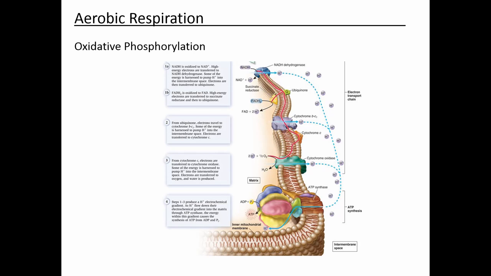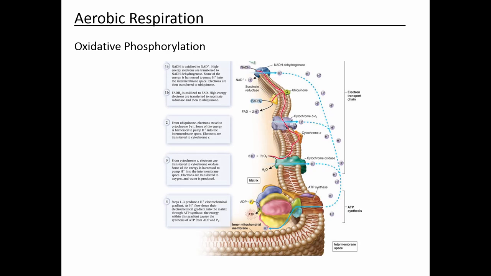Okay? And then from FADH2, rather than giving its electrons to the NADH dehydrogenase complex, FADH2 gives its electrons to succinate reductase, and then succinate reductase gives them to ubiquinone, and then the pathway is the same. From ubiquinone, they get passed to the cytochrome BC1 complex, then to cytochrome C, then to cytochrome oxidase, and then to oxygen, creating water. And then again, during that electron flow, you get the pumping of hydrogen ions in the intermembrane